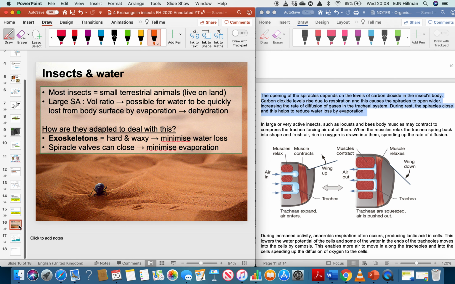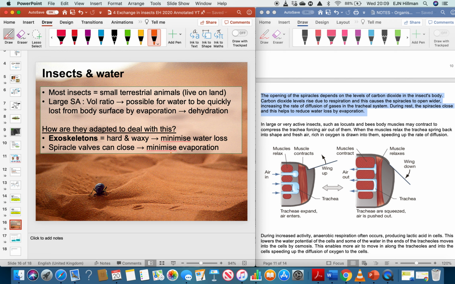Okay, last couple of bits on this. So the insects and water, well, we've mentioned this already, that exoskeleton, which is very hard and waxy, minimises water loss. The spiracles close and they minimise evaporation. And we said that happens when they will close